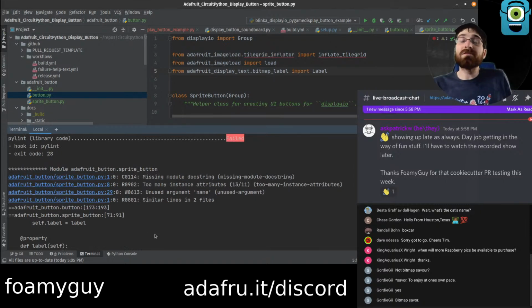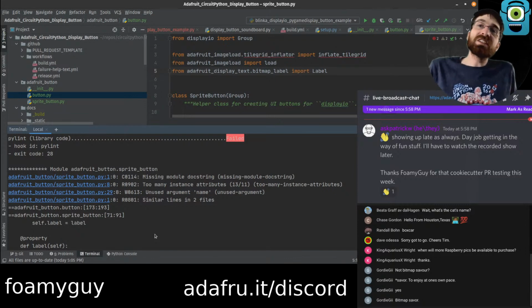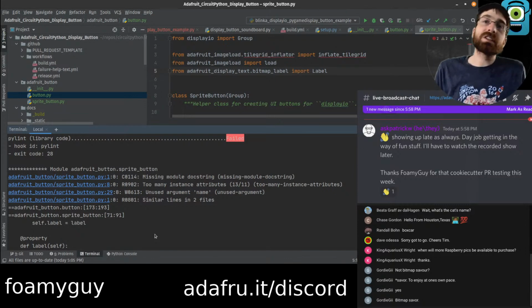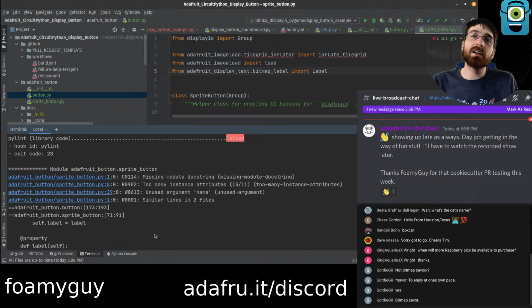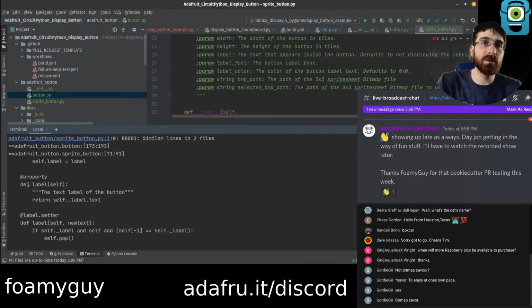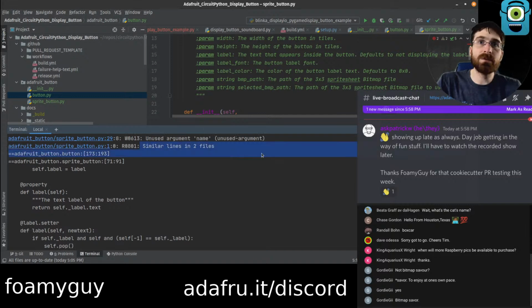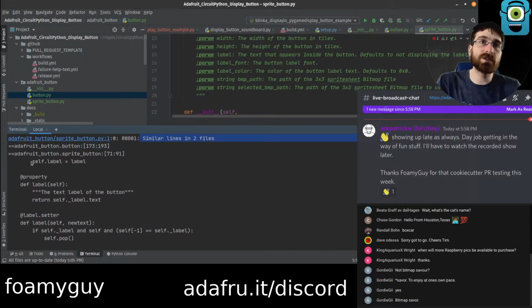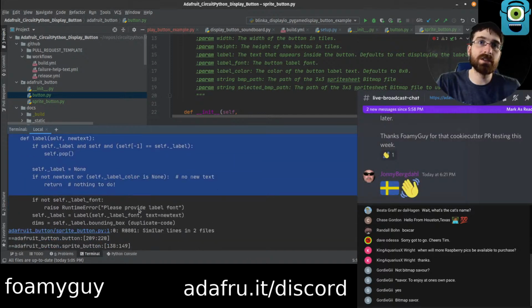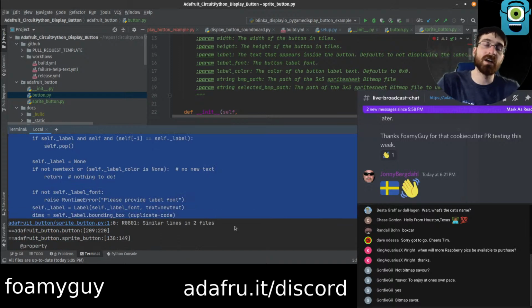If we want to get fancy, I guess we could make a button base, and then we could have these two extend button base, and we could try to cut down on the amount of code duplication, because the labels behave the same. It's what it's telling us right here, basically similar lines in two files. All this code here is basically just copy pasted in the two files.